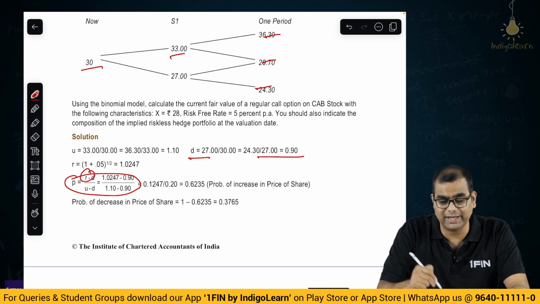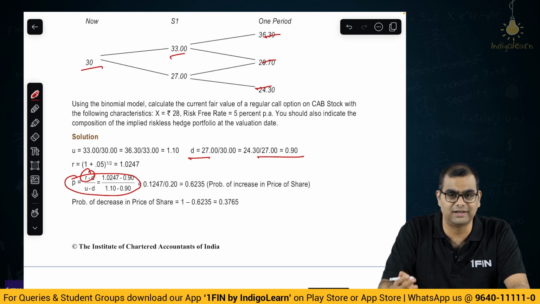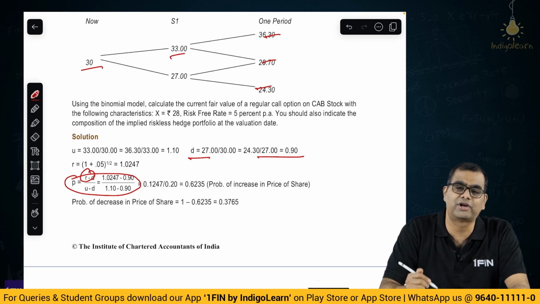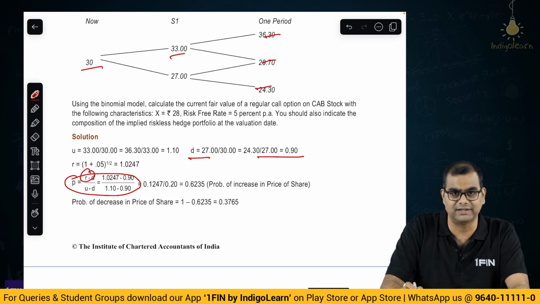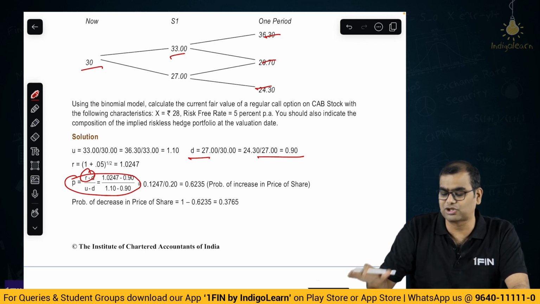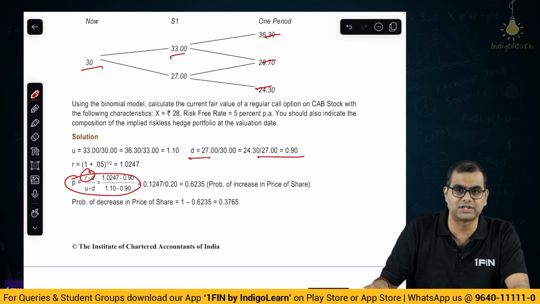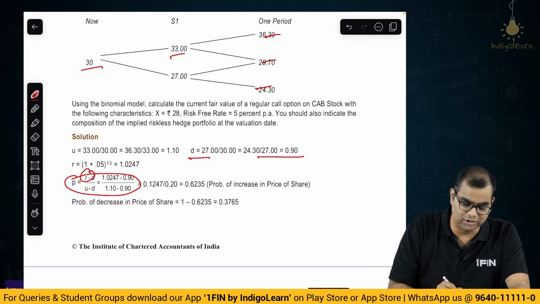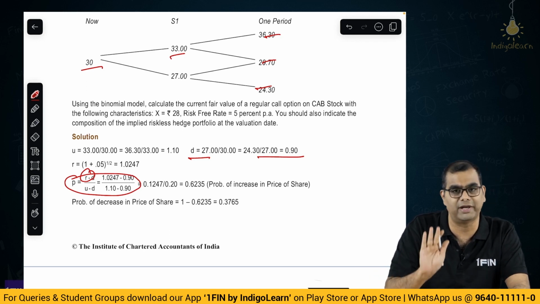I am trying to clarify and specify this because I heard one YouTube video of a faculty, again I will not take names, some famous faculty, who believed that in the binomial model you cannot compute the value of P using (R minus D) by (U minus D). In the ICAI material they have done that. Now, you may disagree with the ICAI material, okay, that is a different aspect. As an independent person you may disagree, but I will also show you proof in terms of various books why P is equal to (R minus D) by (U minus D) is part of the binomial model.